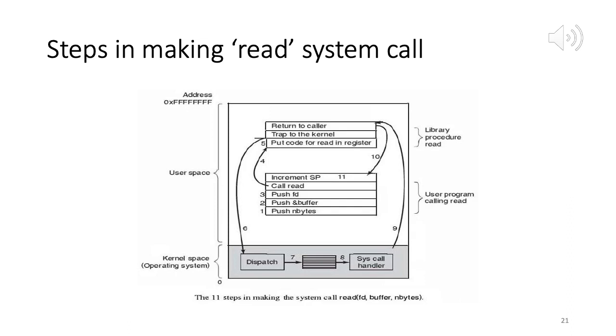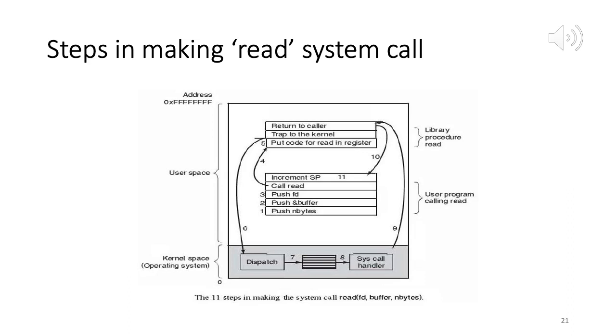And then step 4, we call read, which means we call the read API, the read C function. Internally in the Linux kernel there is a table of system calls, and each system call has an index. So whatever is the index for read, that is invoked, and then eventually the code for that system call will run. So the system call number for read is put in a register.